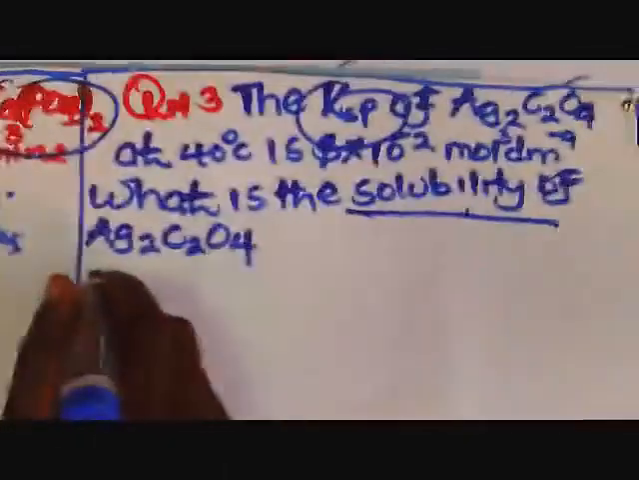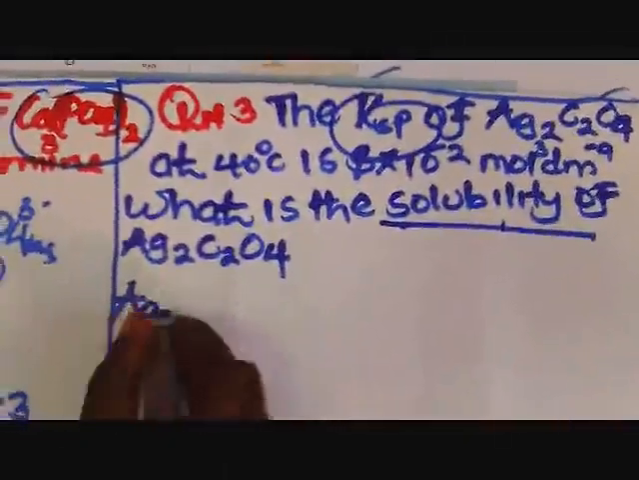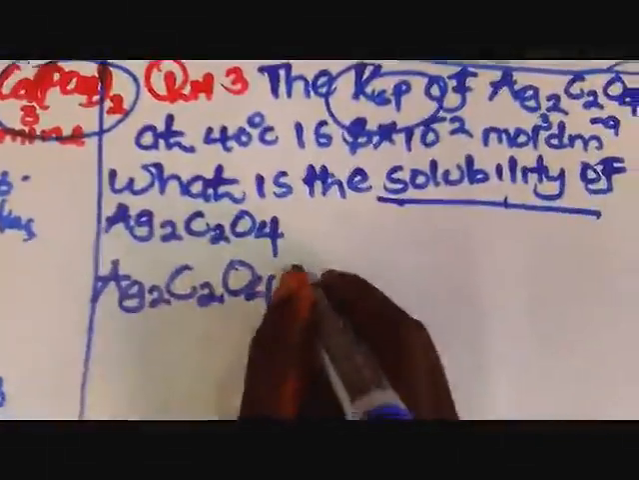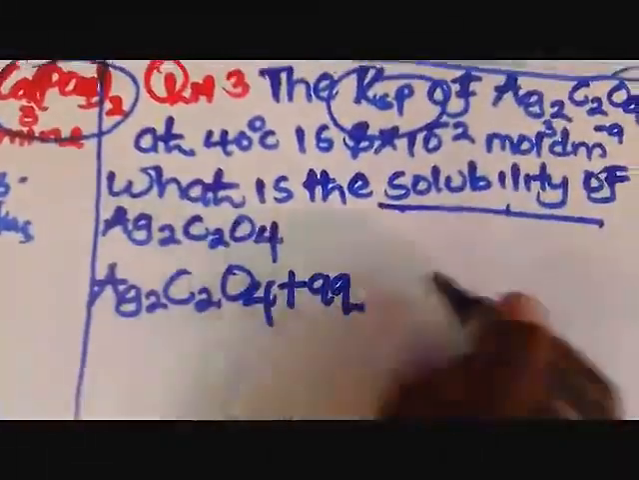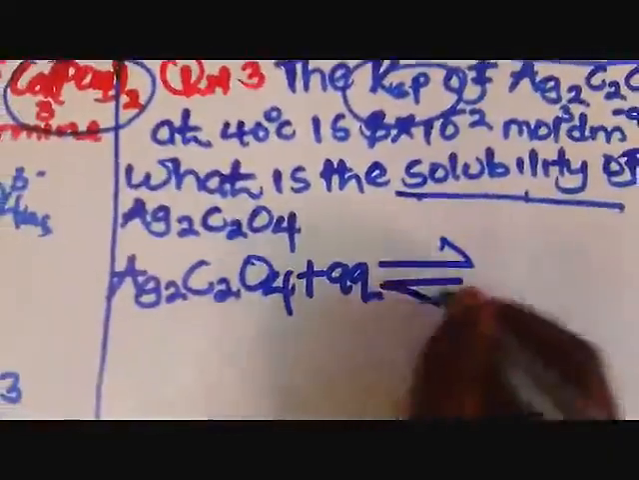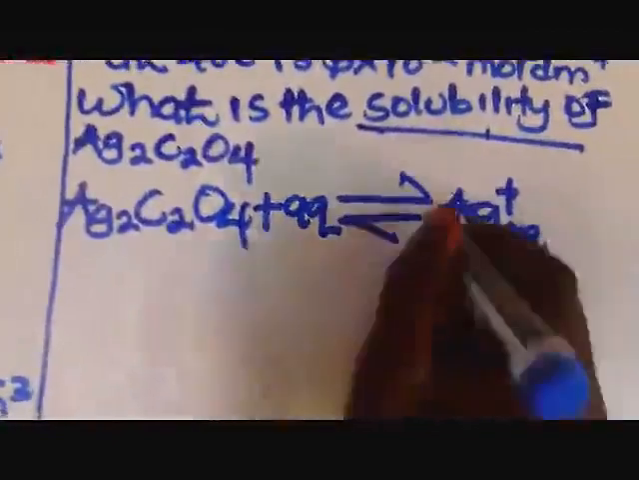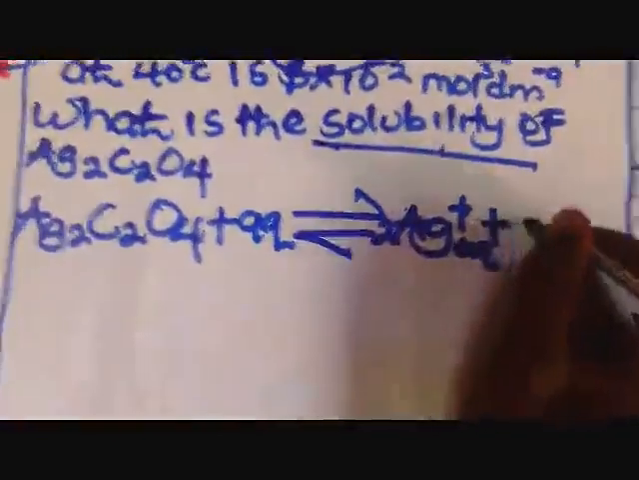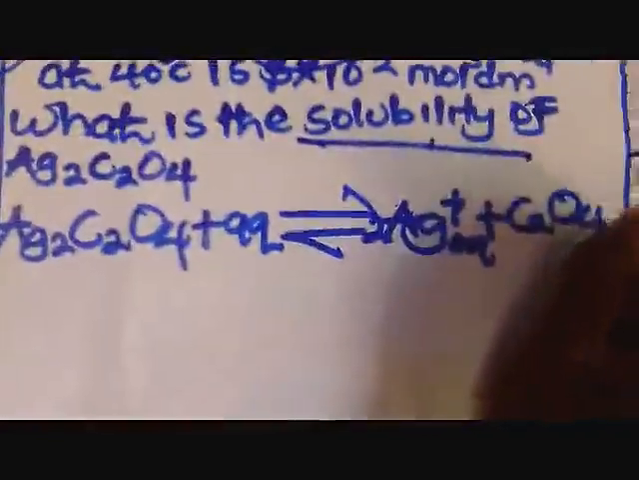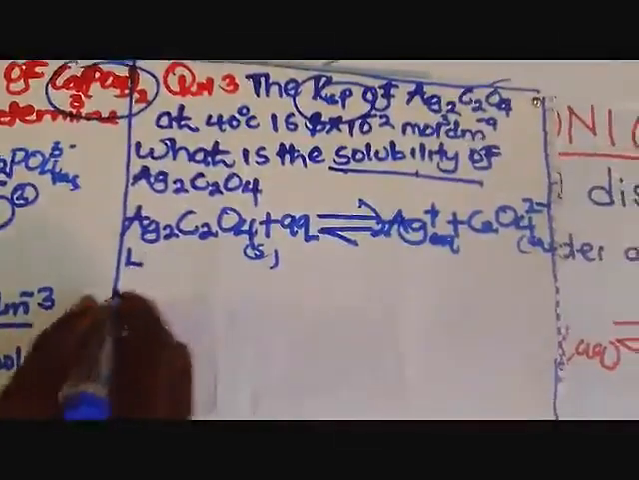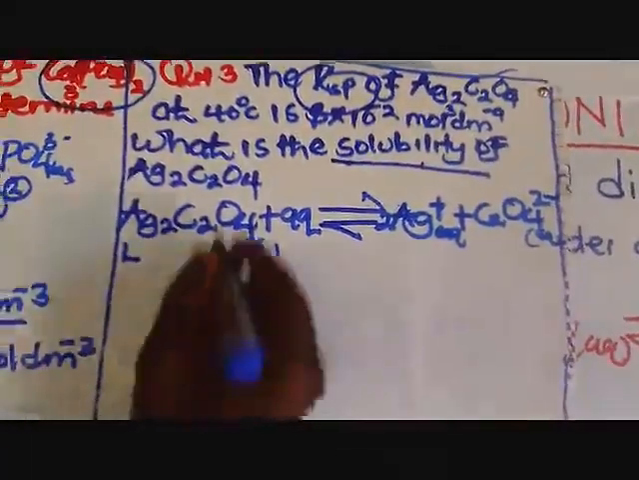We shall write our equation here as silver oxalate, like that. We said you can put an equal sign here or you can just put reversible arrows. Then we are getting silver ions plus oxalate ions. Then we are going to write, members, after writing our equation like that, then we shall come